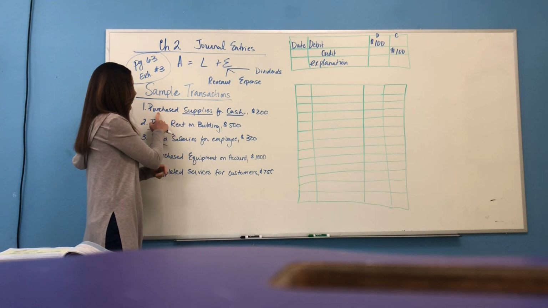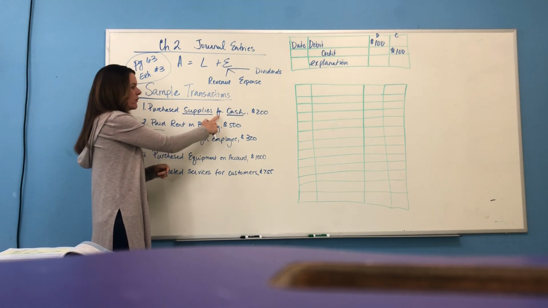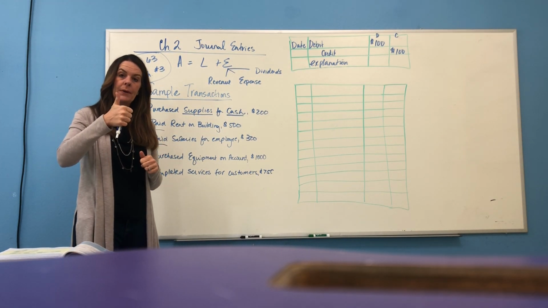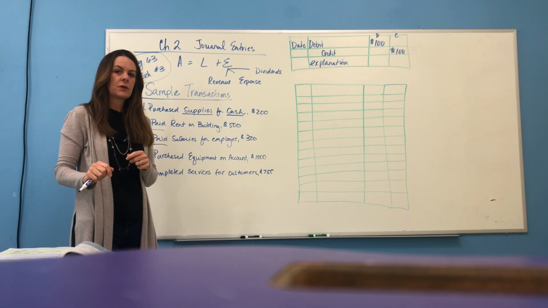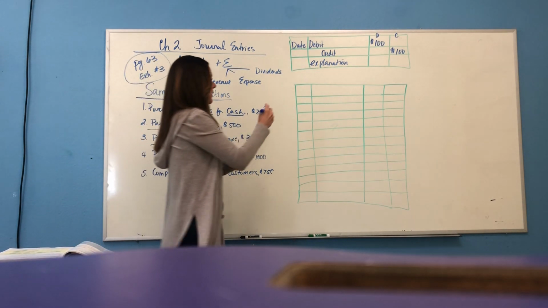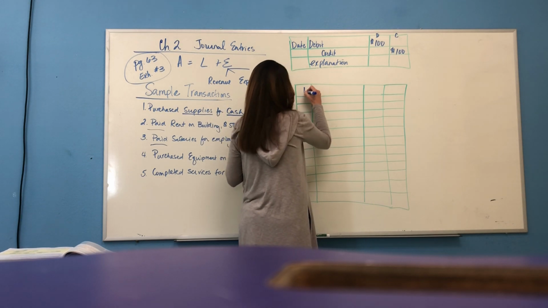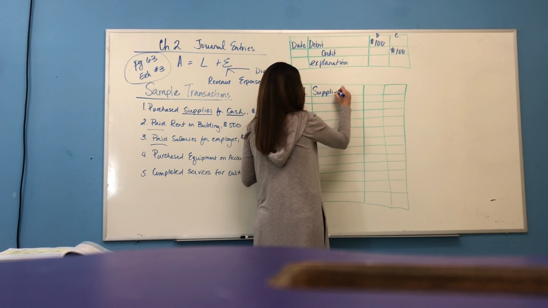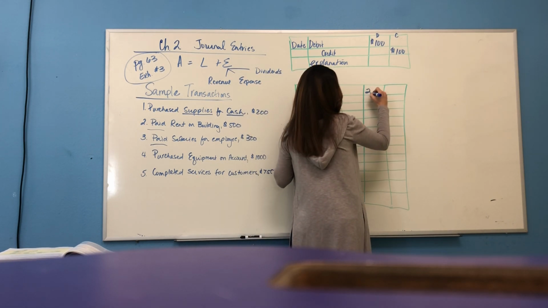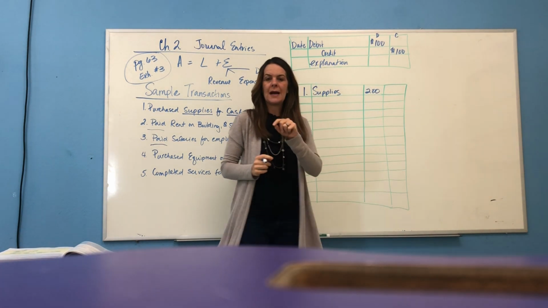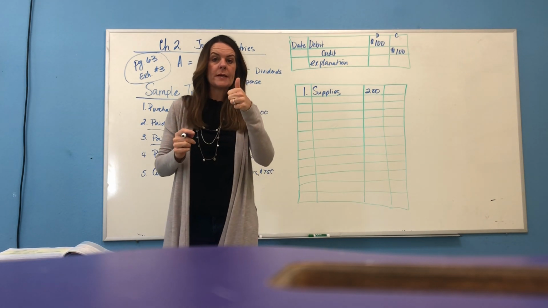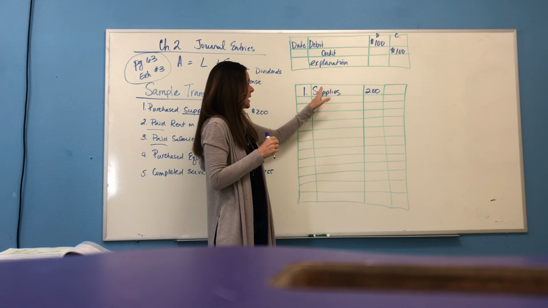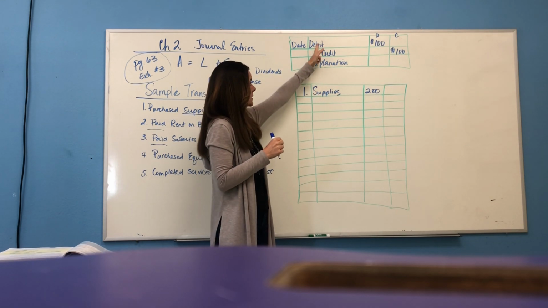Well, let's read the transaction. Purchase supplies for cash. So supplies is the asset that went up. So using page 63, Exhibit 3, you'll see that, we'll just title this number 1, we don't have the date, that supplies is an asset that went up by $200. So supplies is the asset, it increased. So because it increased, we can purchase more supplies, that's a debit. So it's listed first, it's all the way